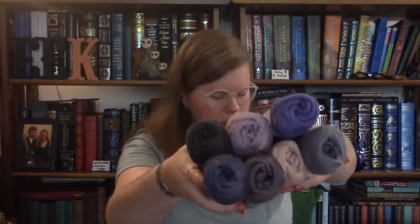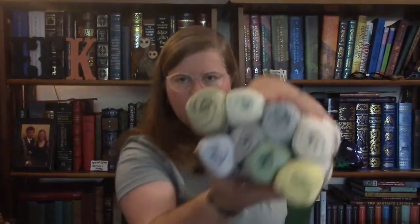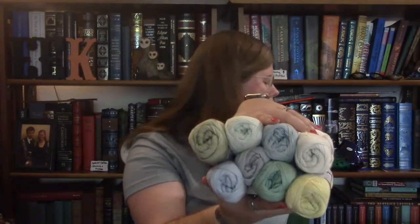And I think that's the last one, is like a lilac color. These ones I don't think I can get and hold them all up together, so I'll do a couple at a time. So here's all the purples and grays. Those are all those colors. And then all of the blues, greens, yellows, like that. Really pretty colorways. I'll probably use those in a couple different projects and anything where I want intentional clear